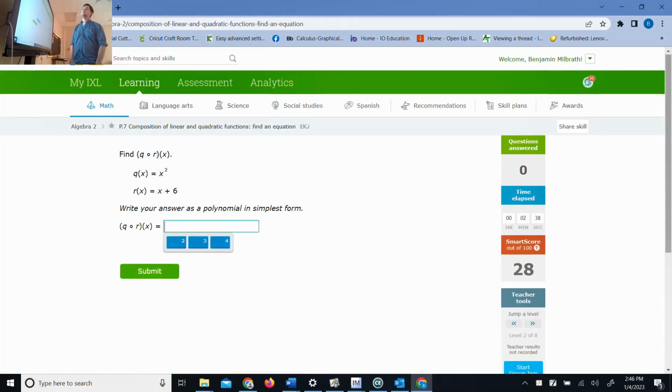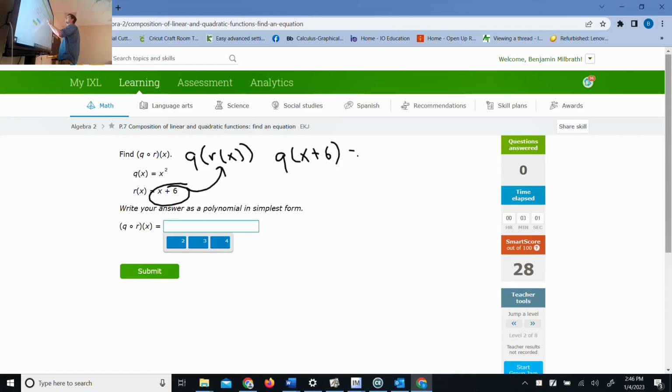This is Q composed of R composed of X. And again, I really like this notation that I use here, Q sub R of X. So I'm going to use the substitution property there. I'm going to find Q of X plus 6, which means that every X you see in function Q simply becomes X plus 6. So Q of X plus 6 is X plus 6, all squared, which, by the